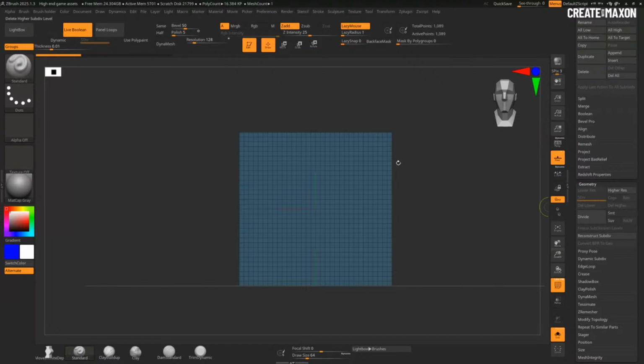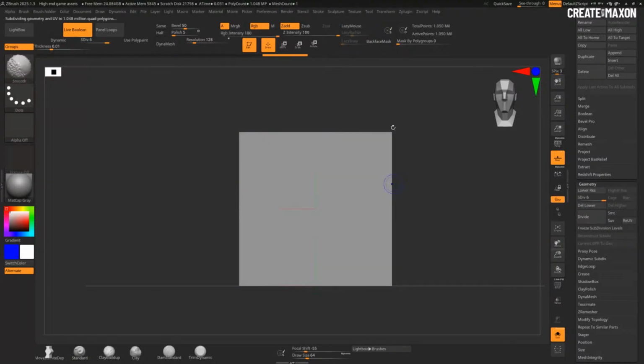So let me do this again with the Smooth button. And you can see it's rounding out those edges because that's the nature of subdivisions, right? And if I go like this without the Smooth button and click divide a bunch of times, then we get sharp edges. And we want this plane to match our grid because then again, when we're tiling and sculpting,